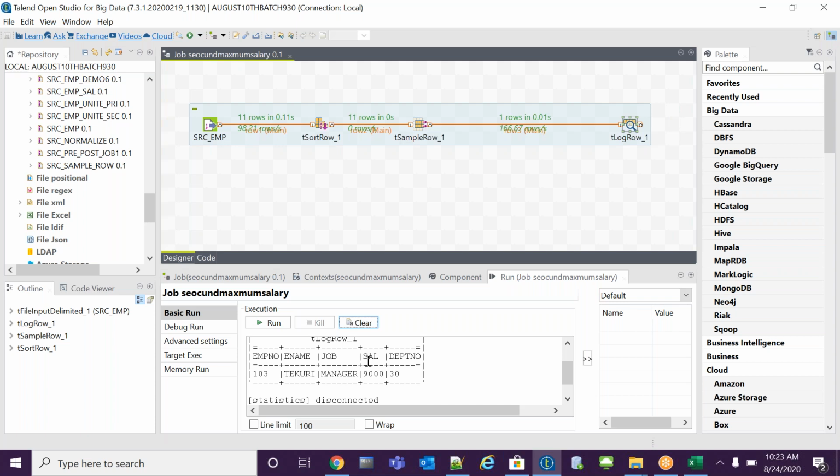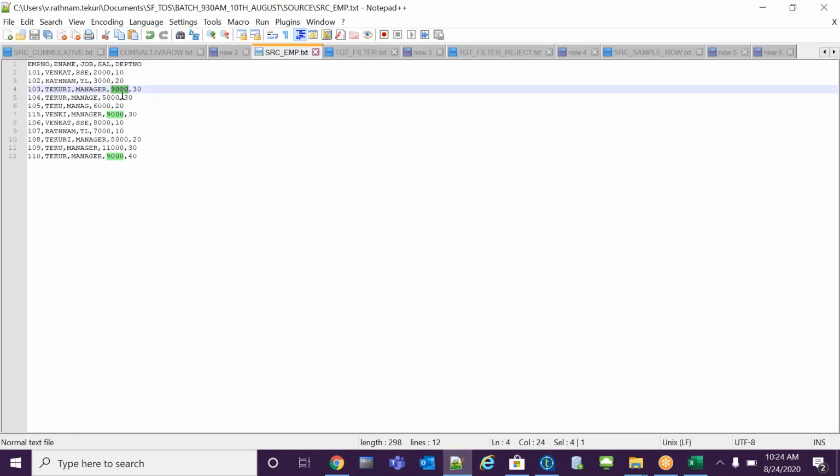First, we'll take the source. Then I will sort the data based on the salary. Then I will remove the duplicates. How many duplicates are there here? For salary, three duplicates are there. I will remove the duplicates and load one record.